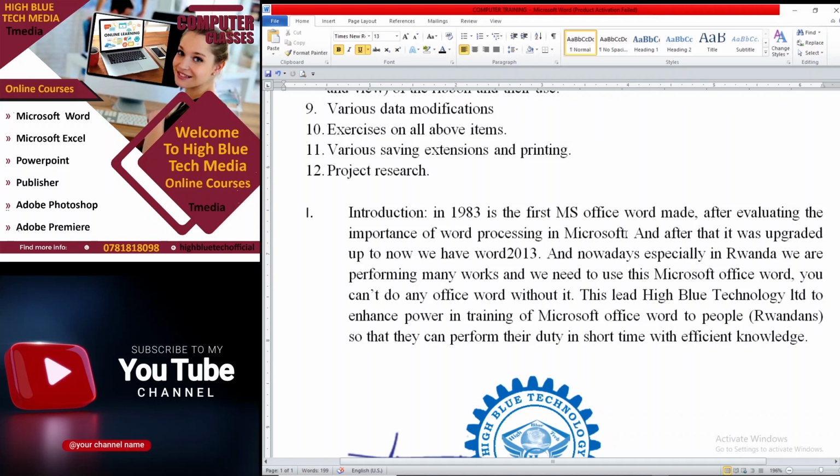Then people are not used to doing this. Remember, this is the basic knowledge on a computer. When you don't know Microsoft Office Word, you don't know Excel, you don't know Publisher, you don't know PowerPoint, please, that is a very serious problem, because anywhere you can be, maybe working in a supermarket, you need to work